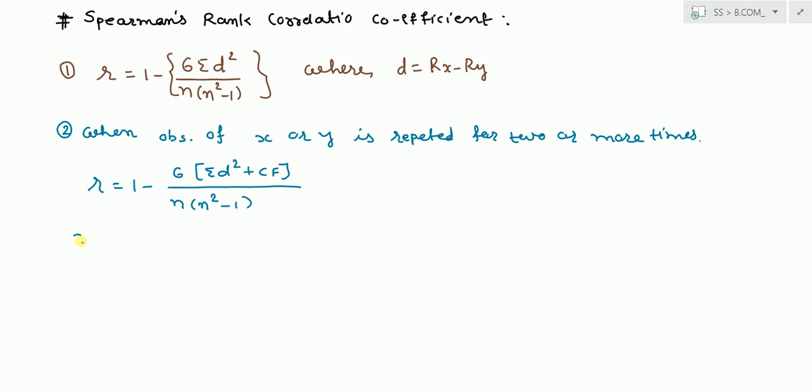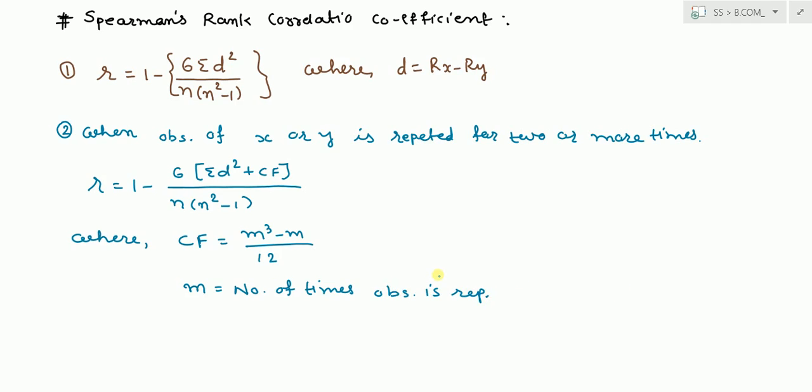Okay, where Cf is called correction factor. Cf is equals to n cube minus n upon 12, and m is equals to the number of times an observation is repeated. Okay, so these are our formulas of Karl Pearson's